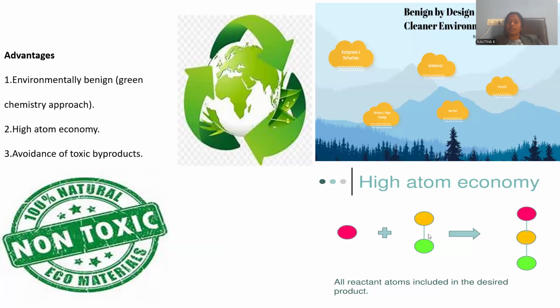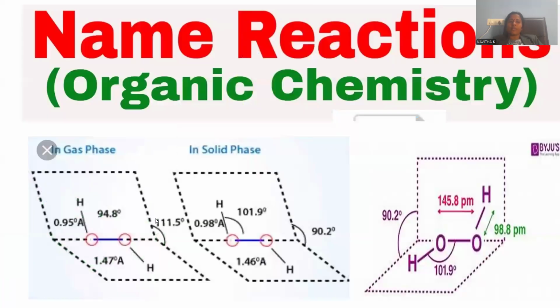We are reacting the reactants in a strategic pathway, so that the product is the expected one only, and the yield is extremely high, which is called atom economy. And avoidance of toxic byproducts. Toxic byproducts will be completely avoided. Since water is the byproduct over there, it is the most suitable method for this reaction. And in order to clean the environment, a benign by design approach is required in order to choose hydrogen peroxide as the better oxidizing agent. This is the most important requirement over there.